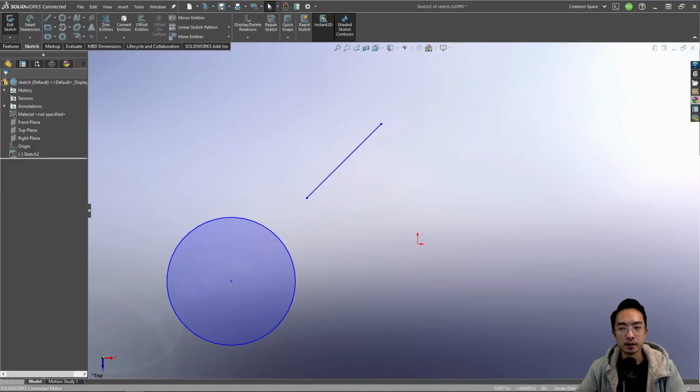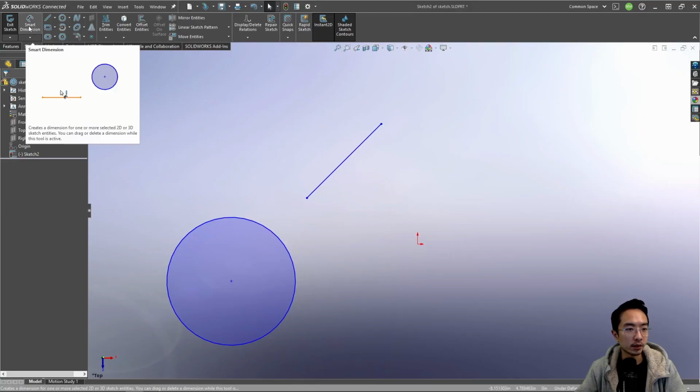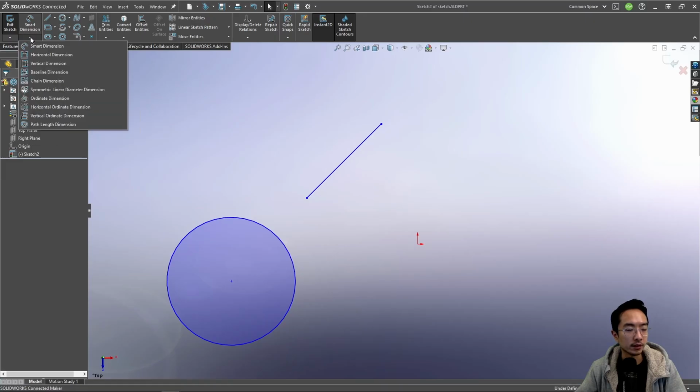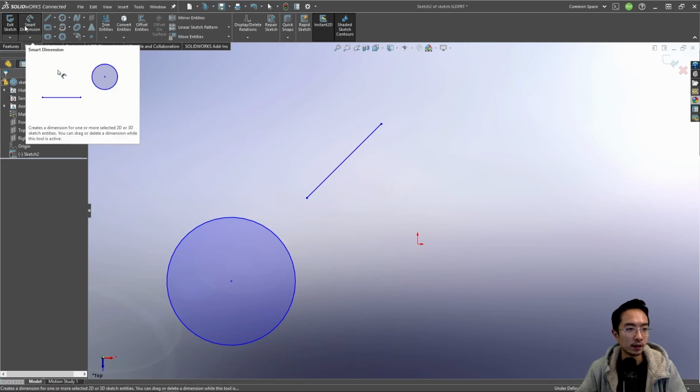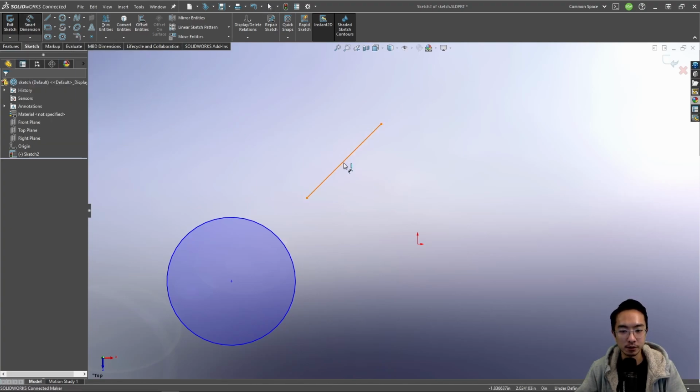Okay, in this video, I'm going to talk about the Smart Dimension tool in SolidWorks. So the Smart Dimension tool is this button here you see, Smart Dimension. There's different things you could have. You have a horizontal dimension, vertical dimension. So those are all different dimensioning tools, but the smart one will kind of figure out for you what it's supposed to do. So the way it works is when you create sketches in SolidWorks, you could see that these